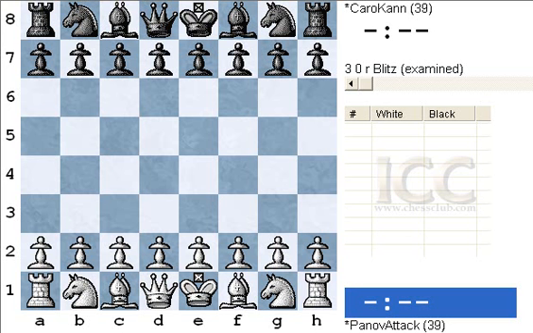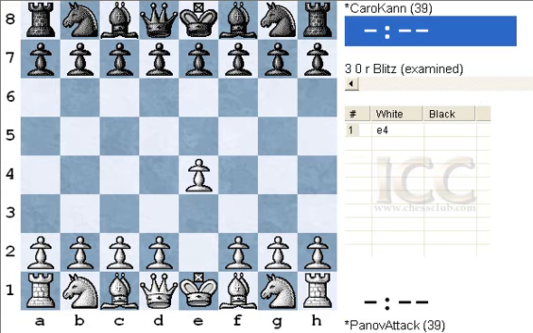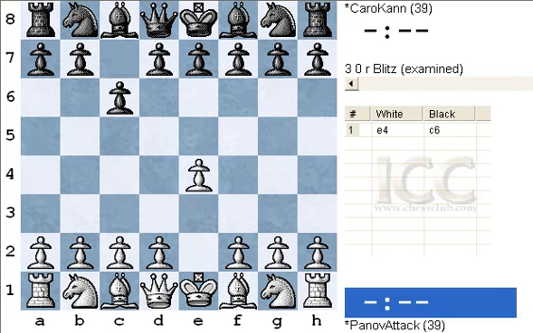Hello and welcome everybody. Today we start the new series of lectures about the Panov attack and the Caro-Kann defense. Since we work mostly on white's e4 move, it's time for us also to find the right solution against the Caro-Kann defense, which is one of the most popular defensive continuations as black. So after c6, according to our principles, we continue with d2, d4,